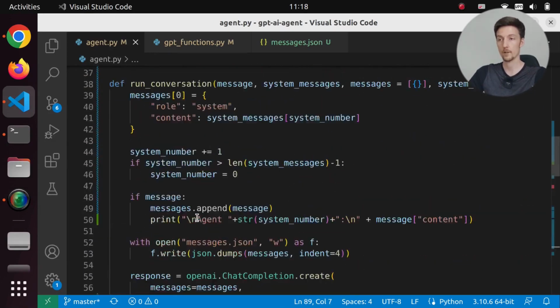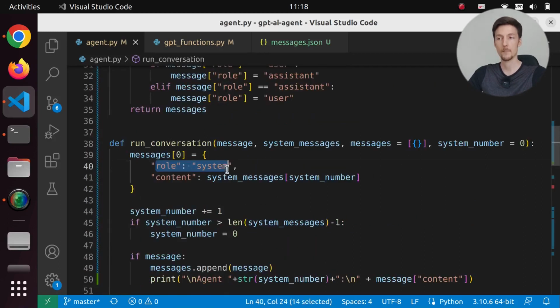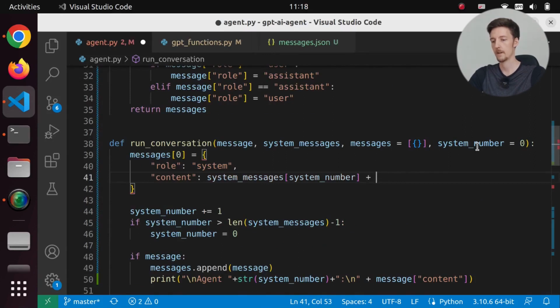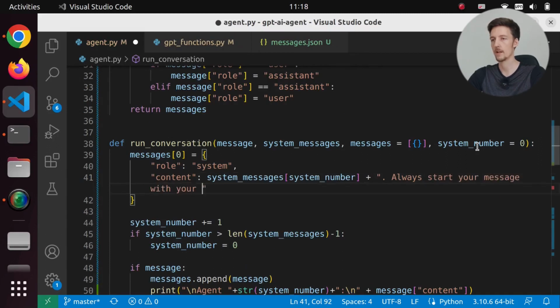And then in our run conversation, let's do this. Let's set the system message, and then let's add here some extra stuff like always start your message with your name, and we will add the name here.